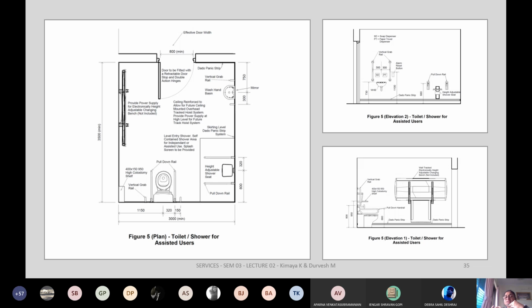If you see, your dado panic strip is continuous, so you can access it anywhere. For example, it starts from the door and comes right to where your shower is, so you can just press it, someone will get a signal and you will get assistance. It's very important because many of these people have certain kinds of seizures, and during that time they require assistance to maintain their safety. These panic strips are placed accordingly. Any questions?